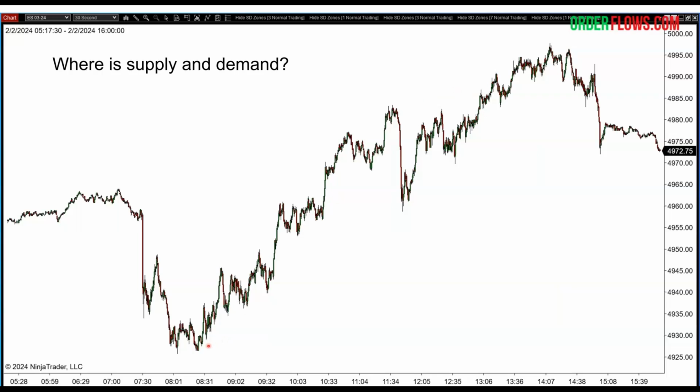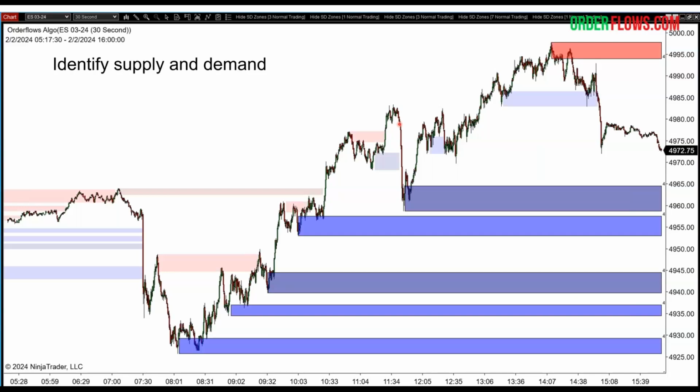Because if you're just going to say there was demand down here at the low, yeah, you'd be right. But does that mean there's no demand on the way up? Does that mean there's no supply coming in on the way up to arrest these moves? There probably is, but you need to be able to identify it with a set of rules, consistently. That's why we came up with the Orderflow Algo, to identify that on the chart,